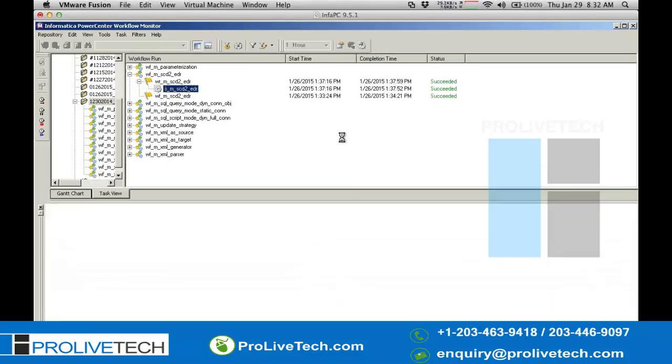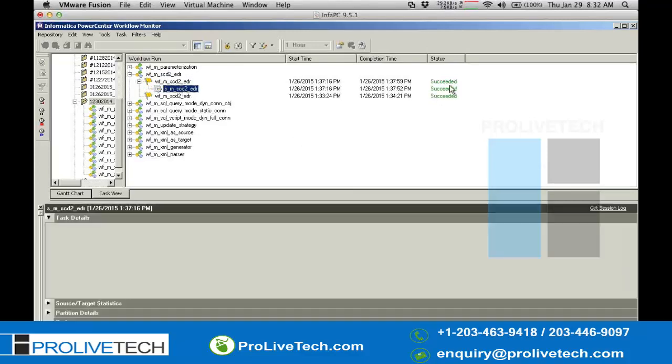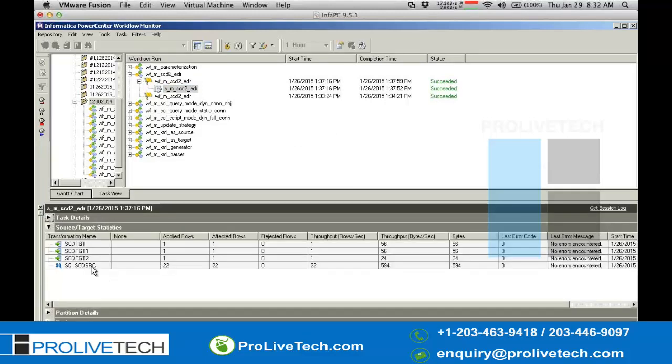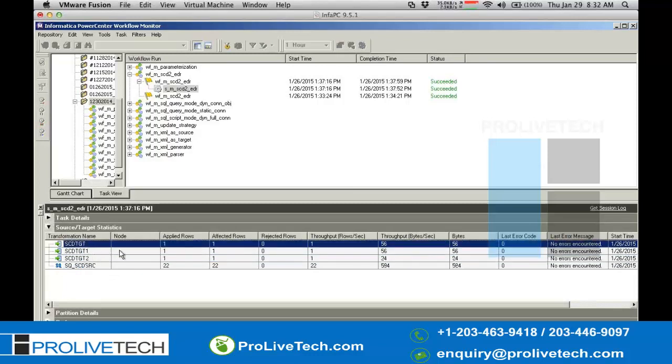The status of it, they have failed, it shows failed, and here in the bottom you can see the number of records, how many has been fetched, how many have been loaded into each target table, and their throughputs. If there are any errors, the errors will be seen here. So all the monitoring activities and even troubleshooting activities you can do through monitor, and configuration part you can do